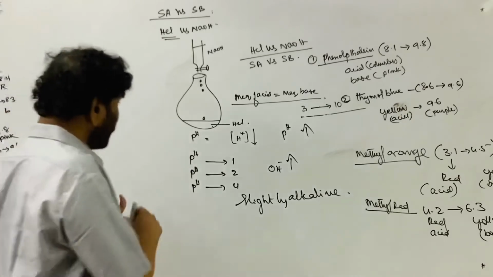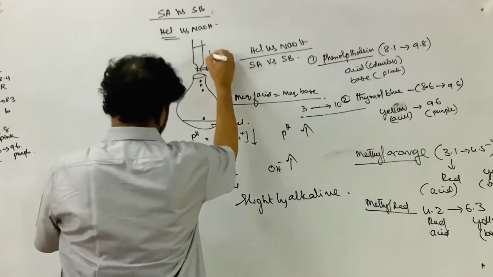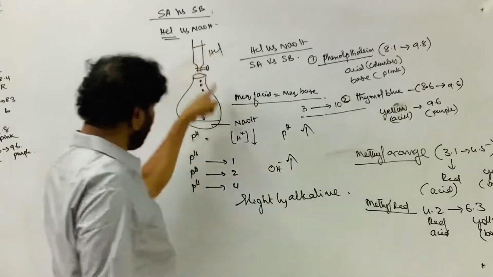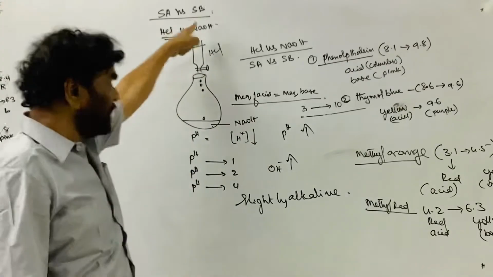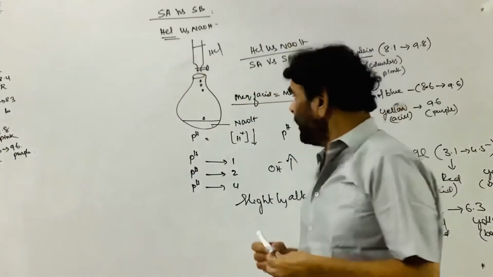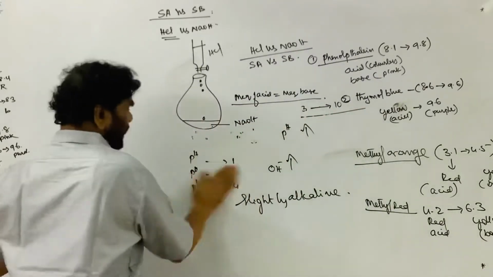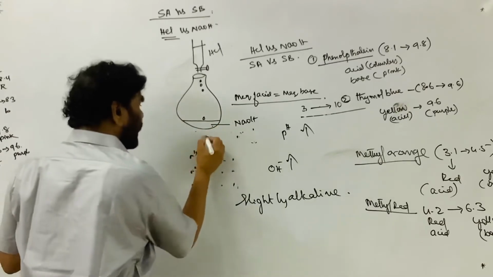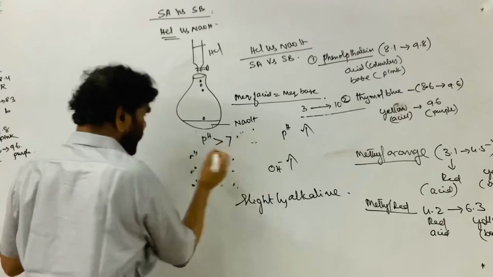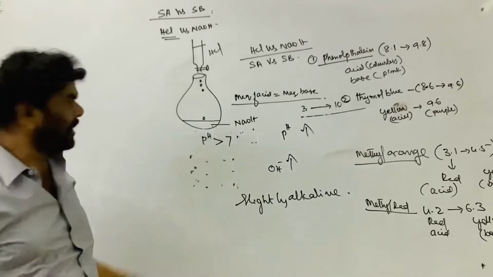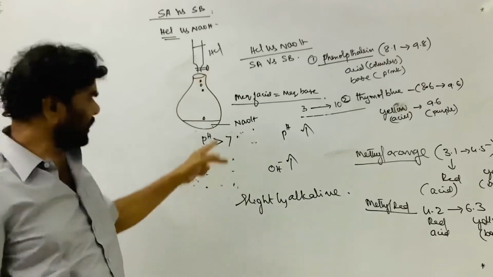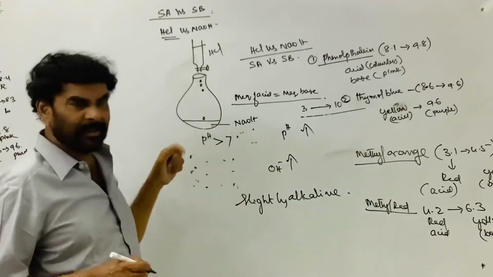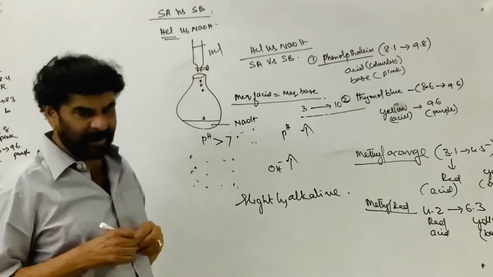Suppose now I am changing: sodium hydroxide is the analyte in the flask and HCl is the titrant taken into the burette. You are adding the titrant. At the beginning, what happens? The solution has its own pH. In this conical flask the pH is greater than 7, depending on the OH ion concentration: 10, 11, 12, and 13, 14. This is the pH of the sodium hydroxide solution.